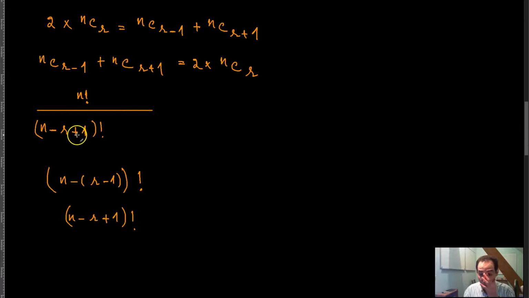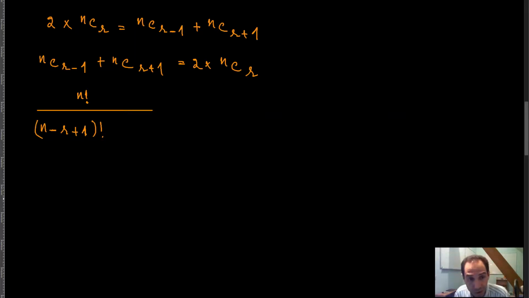So if you make one mistake, then the whole thing is not going to be solved anymore. Of course, you know that already, and then you have r minus 1 factorial,